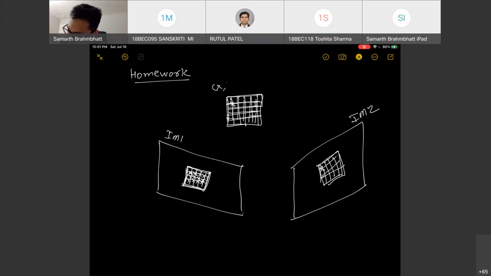So there's like X, Y, 0, right? Each point will be some X, Y, 0. So using these two pairs, you first calculate this homography. Let's call this homography